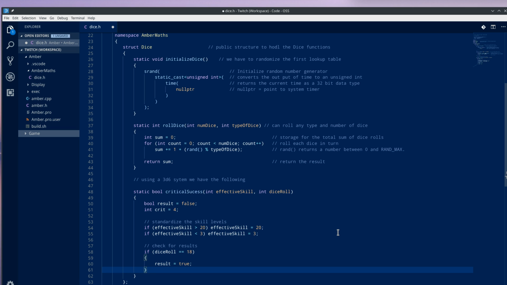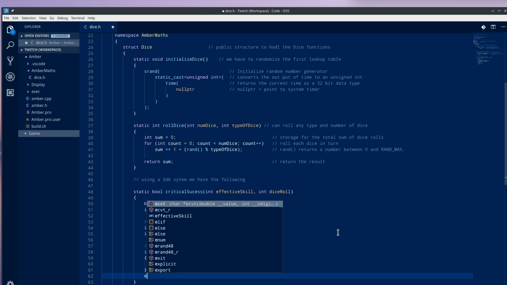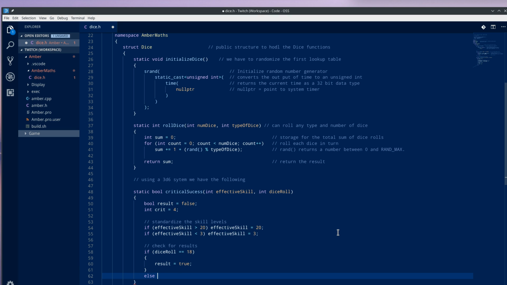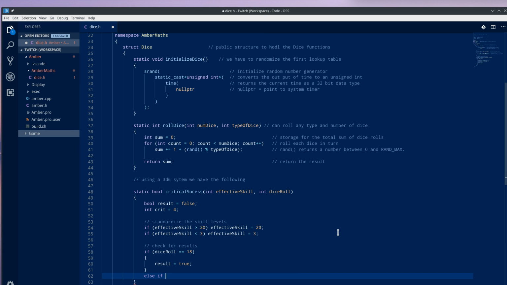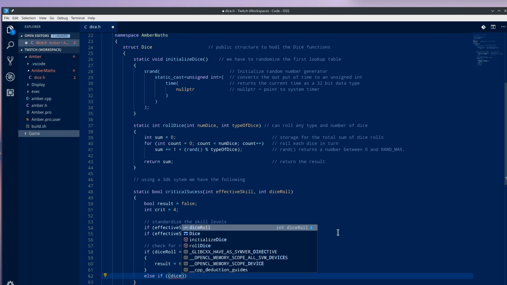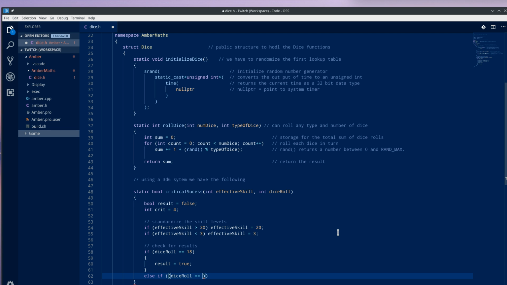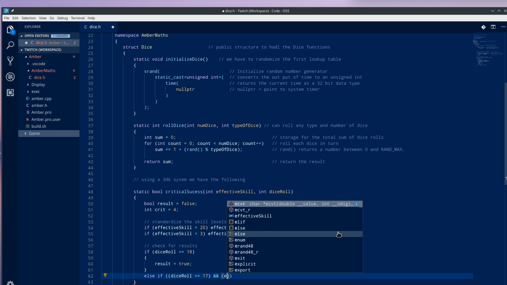Okay, now we start on the fun. Else if, let's see how we're going to do this. We'll need 2 brackets for this. Dice roll equals 17. We'll start at 17, obviously. Dice roll is equal to 17. And I'll put a bracket up so it won't complain. Effective skill